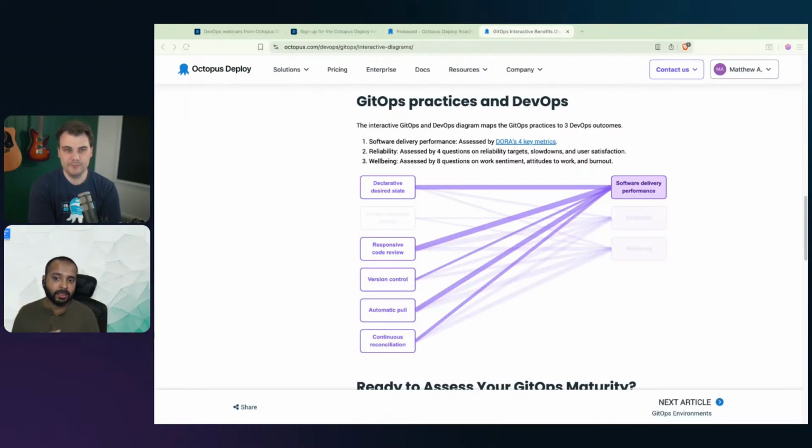You will find that declarative desired state is one of the best ways to define not only your application, but also your infrastructure, because you know exactly how you get to see it at the end. And ensuring that your developers are always on, that they review their PRs on time, that things get merged on time, is going to help your delivery cycle way more than any of the other GitOps principles are going to help you.